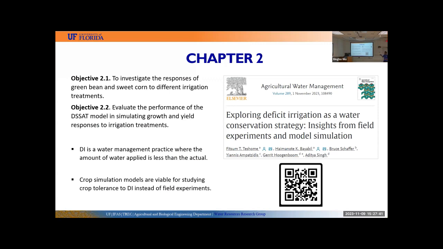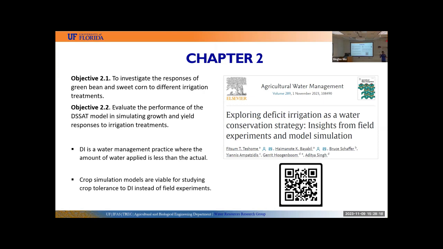And the second objective was to evaluate the performance of the DSSAT model in simulating growth and yield responses to irrigation treatments. Why are we interested in these objectives? As I was telling you before, we need efficient water management. However, there are different methods to achieve this. One of the methods is deficit irrigation. Deficit irrigation is a water management practice where you apply less than 100% of the crop water requirement, but we